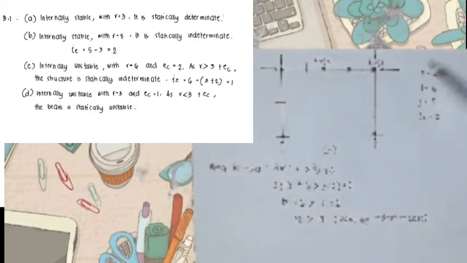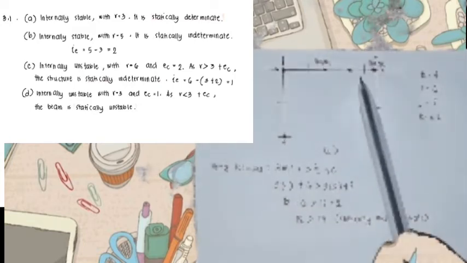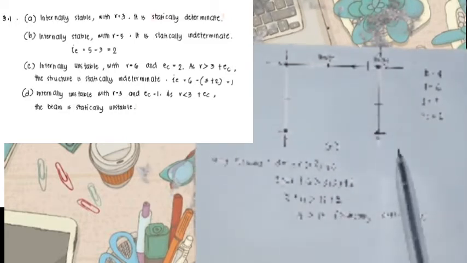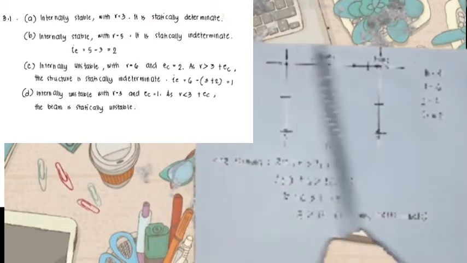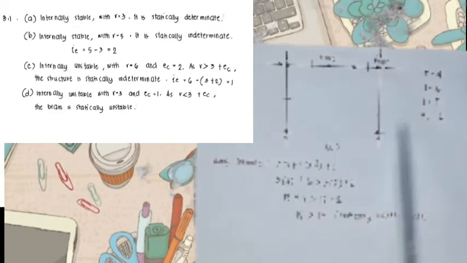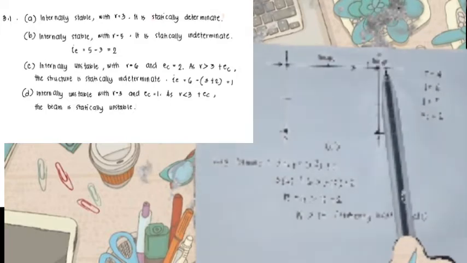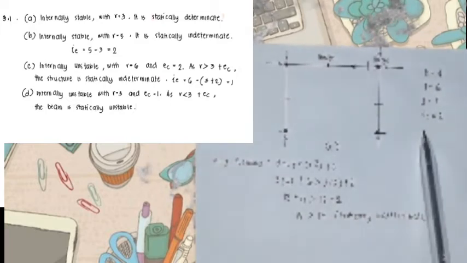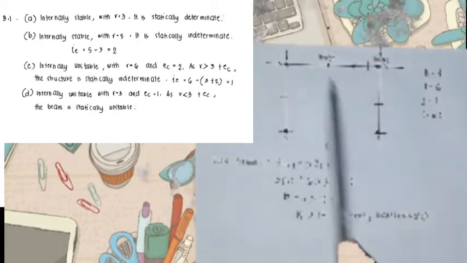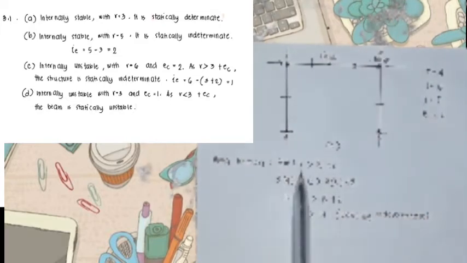So here, meron tayong number of members 4: 1, 2, 3, and 4. Our reaction is equal to 6: 1, 2, 3, 4, 5, and 6. The number of joints in this structure is equal to 5: 1, 2, 3, 4, and 5. So, our number of equations, meron tayong hinge, so meron tayong number of equation 2. So, 1 and 2. So, applying the formula 3M plus